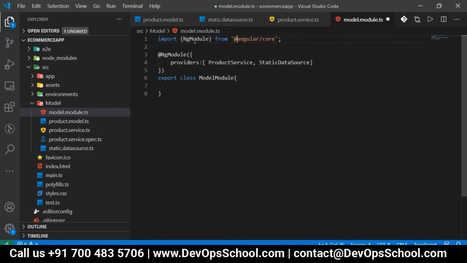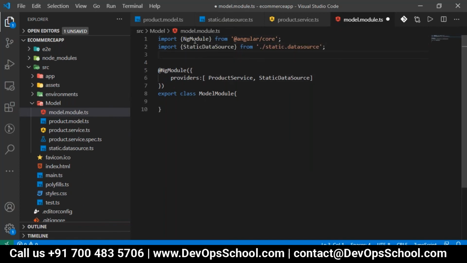NgModule got imported. Then the static data source, and then here it should be the product service.